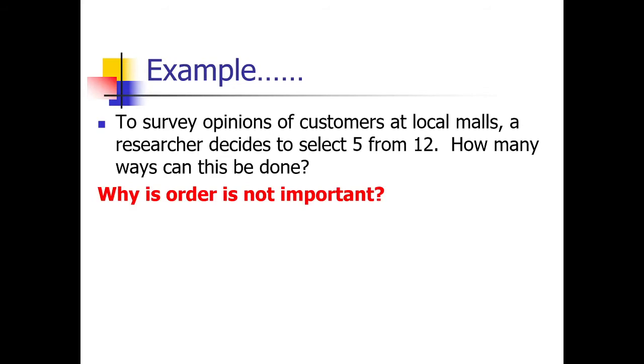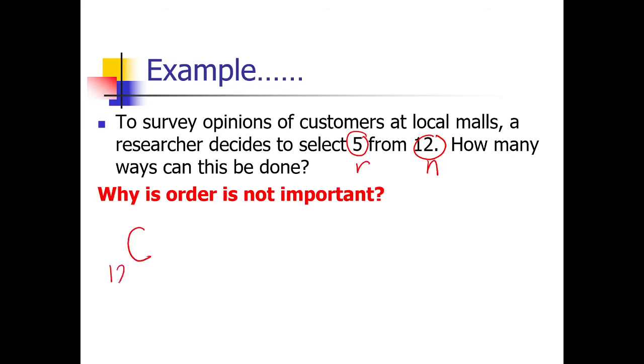If I'll be surveyed first or I'll be surveyed last, the results are just the same. So how do you solve this one? This is now, what is n? N is, and r is